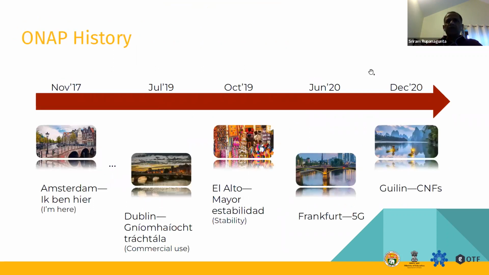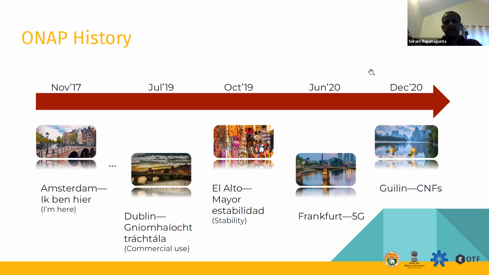So this talks about the history of ONAP. ONAP has been there for close to 4 or 5 years. It started in 2017. The first release was Amsterdam. In fact, ONAP releases go by alphabetical order, right? So it's A, B, C, D. Amsterdam, Dublin. So it's a city name starting with each letter of the alphabet, right?